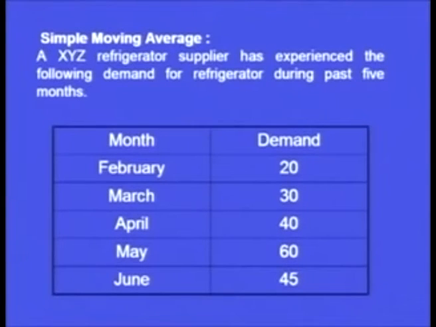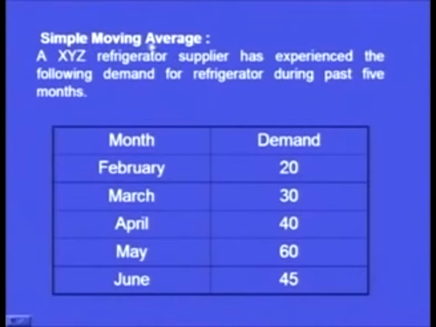Now, we come to another problem in which we are going to see the simple moving average. Moving average means that here the average will be moving. In the past problem, the average was for all the previous data that was available with us, that was the 3 months of data. Here, we are not going to use all the data available, but depending upon the time period that we select, we are going to use the data. Now, you can see this simple moving average problem.